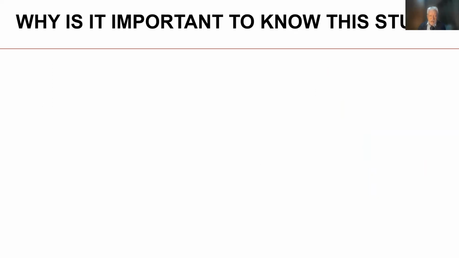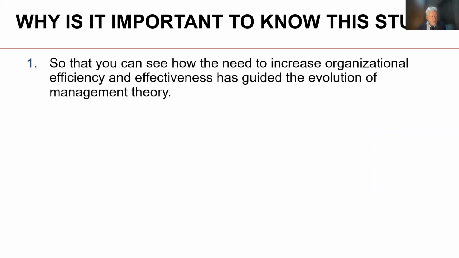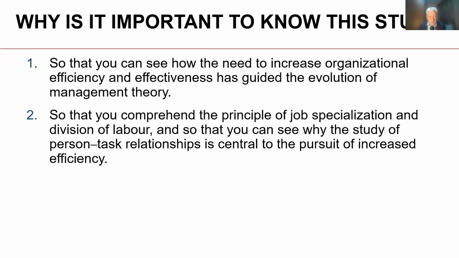So the first thing, it's important to know this simply because, remember we spoke about output and efficiency and effectiveness, and I said that in order to achieve those things, you had to manage. Well, it is the desire that we have to achieve efficiency and effectiveness, which has guided the evolution of management theory. In essence, what we have in our books is the consequence of what we're doing in our factories, and it'll become clearer as we move on.